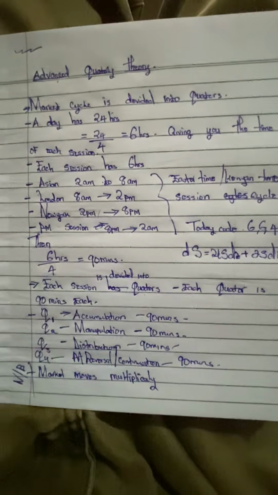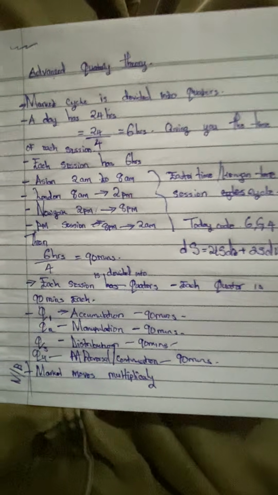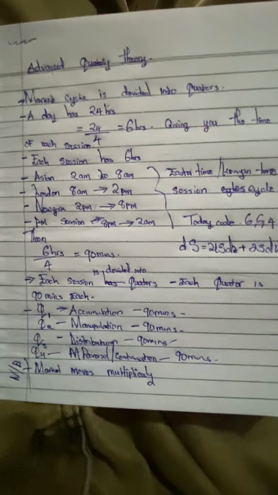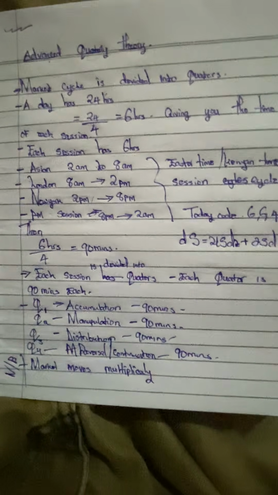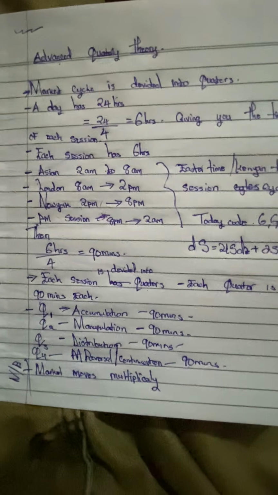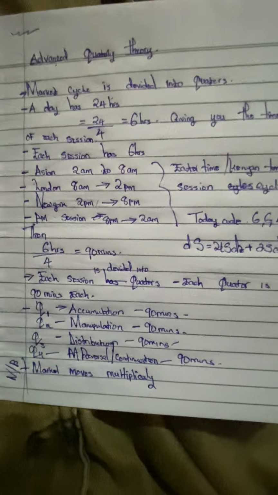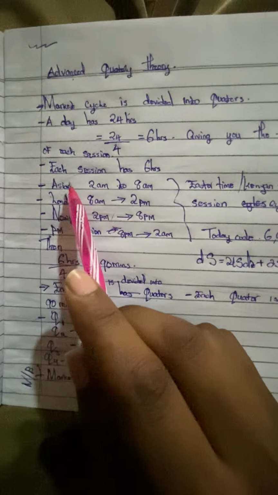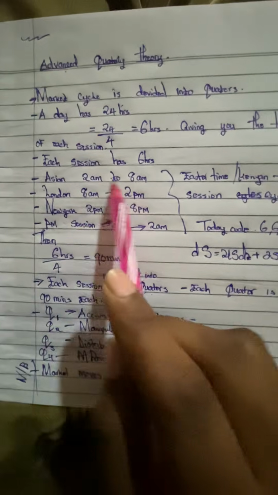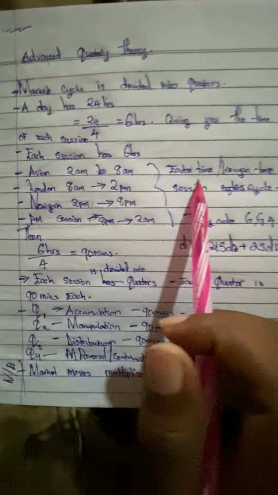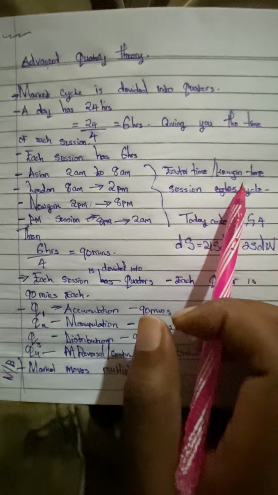Now, after you get the 6 hours of each session, what time of the day do Asia, London, New York, and PM start and end? Each, remember, is 6 hours. Now, you have Asia starting between 2 a.m. to 8 a.m. Remember, it's in Eastern time, or you can use the Kenyan time.